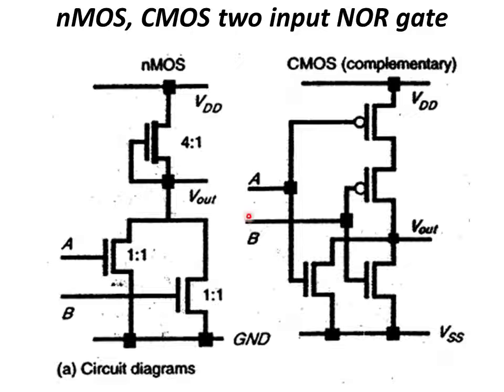The first circuit, if you see here, is the NMOS based design and the second one is the CMOS based design, right? In the NMOS based design, again the same thing: at the pull up network we have a depletion type NMOS transistor, and at the pull down network we have enhancement type NMOS transistors. So what is the output equation for this 2-input NOR gate? As we know, the output equation for a 2-input OR gate is A plus B, isn't it? Since we are discussing the NOR gate, you need to take the complement of OR. So here Vout is equal to (A plus B) whole bar, right?